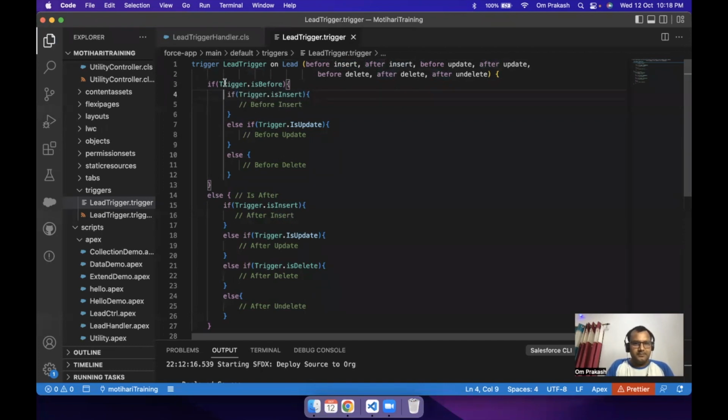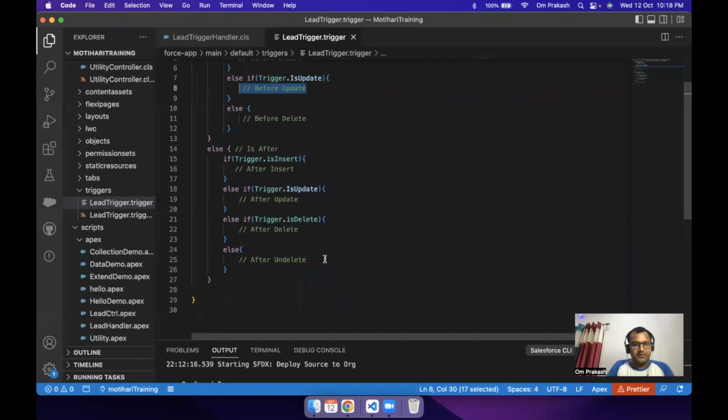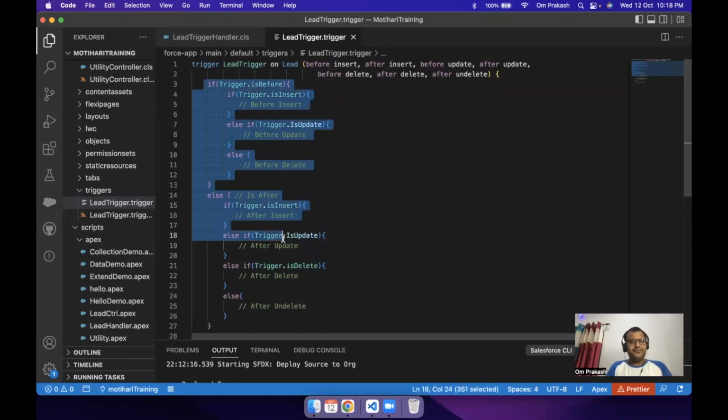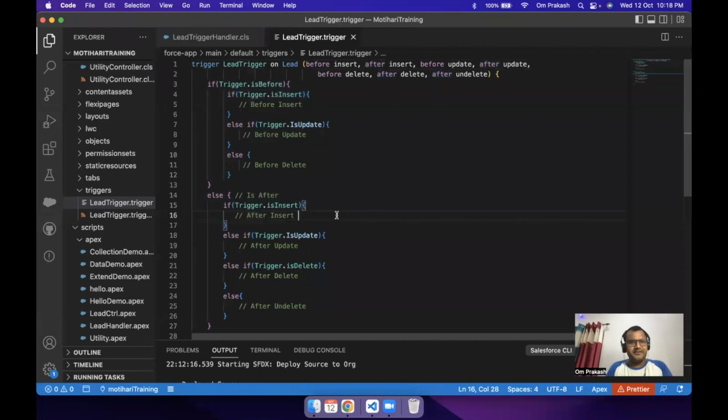Logic for before update will go here. After update will go here. And the before, you can see it's 3 blocks, 7 blocks, right? This is not mandatory. I have written it this way, you follow the same. You can write even better. Maybe you can write is